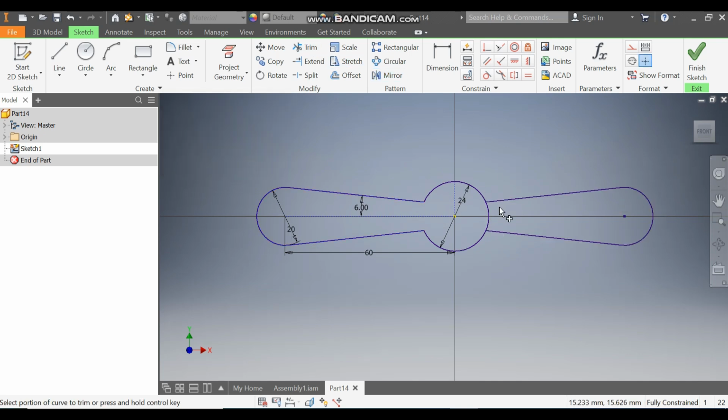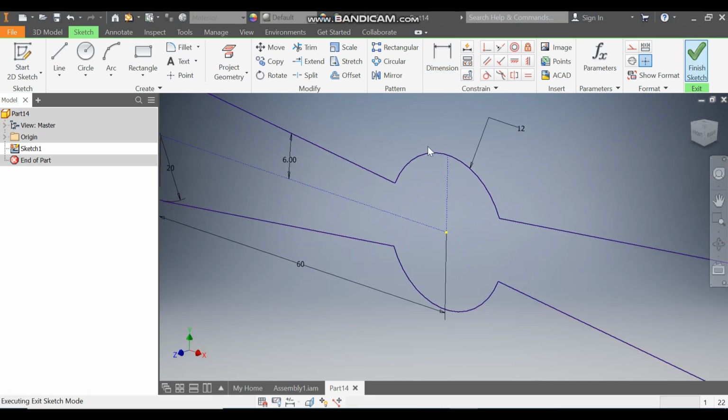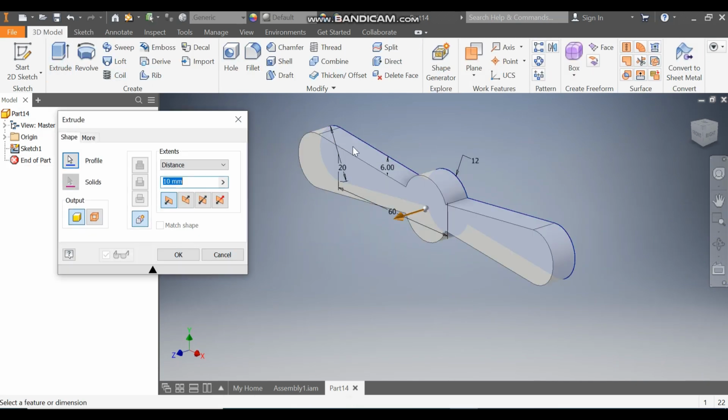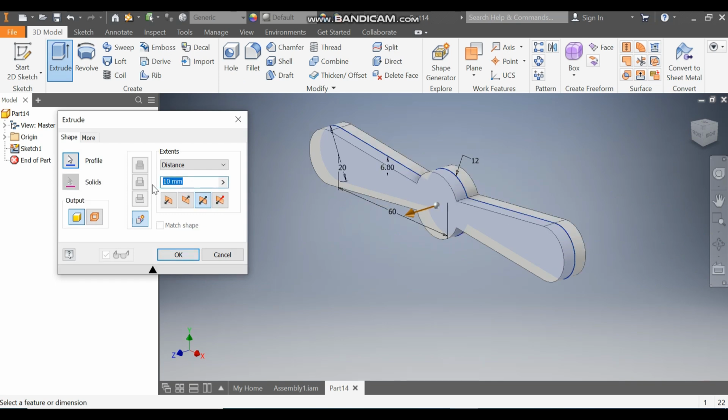Go to trim, trim this profile, go to dimension, define it again. This will be the radius 12. Okay, and enter. Now finish sketch. Take here extrude, take here symmetric extrude, and take here a distance of 8 mm and press